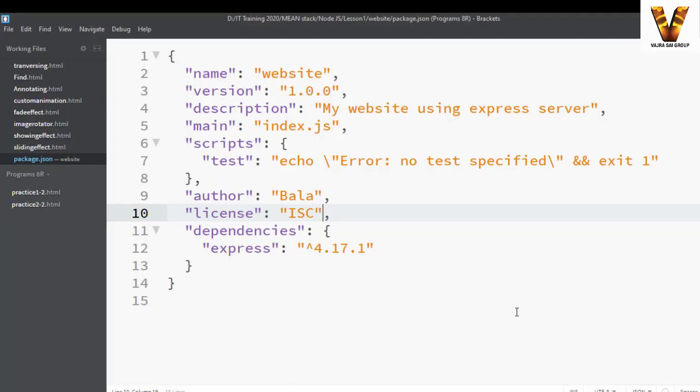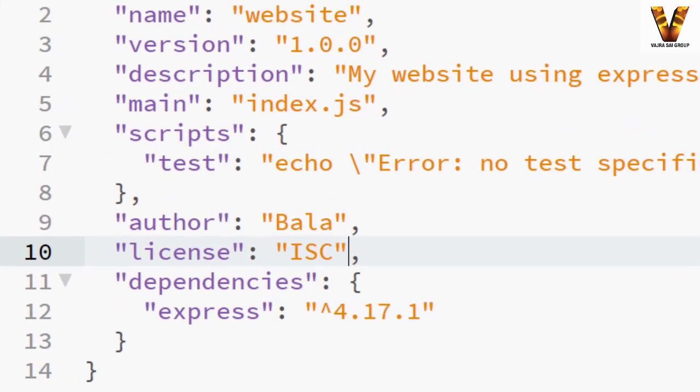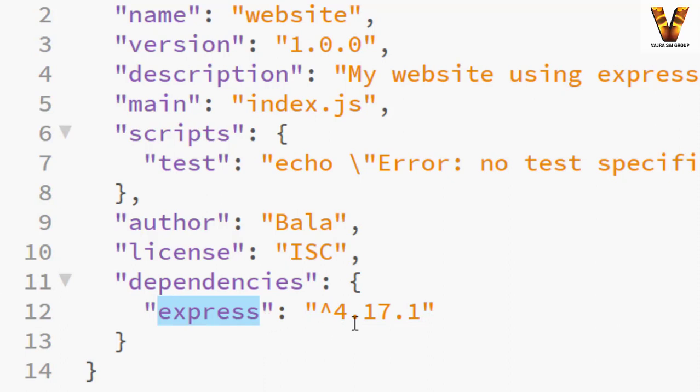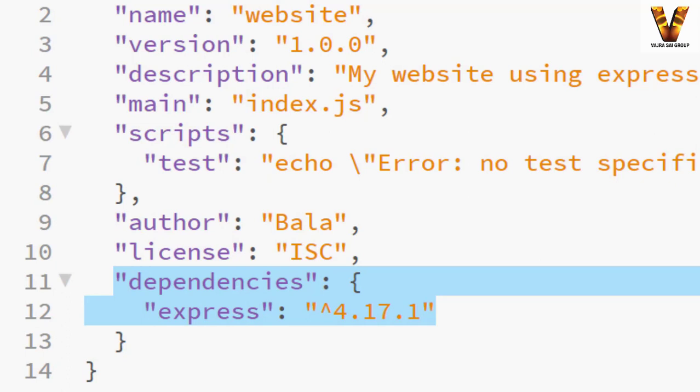And one more thing you can notice, within your package.json file there is a key-value pair which is added to your previous lines, which is the dependencies, and it says express 4.17.1. This is because we have installed Express.